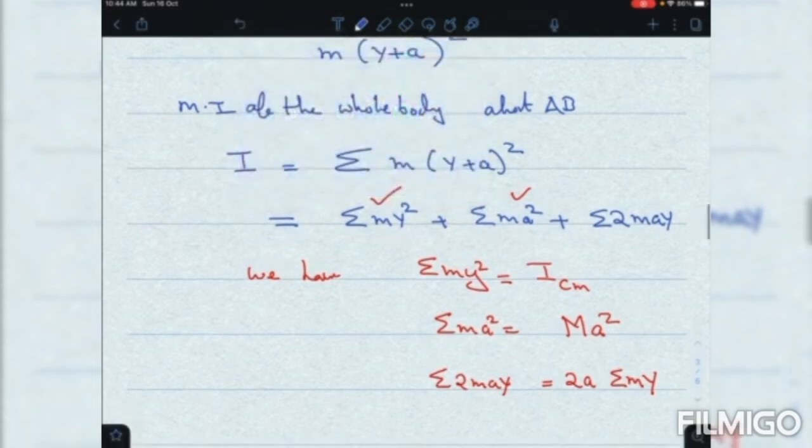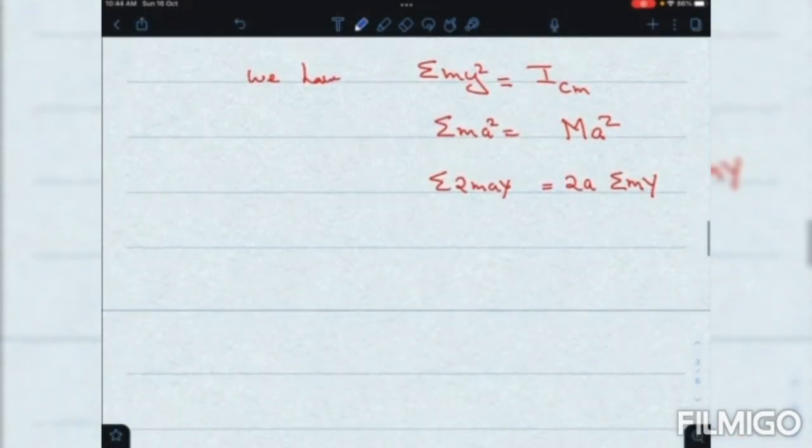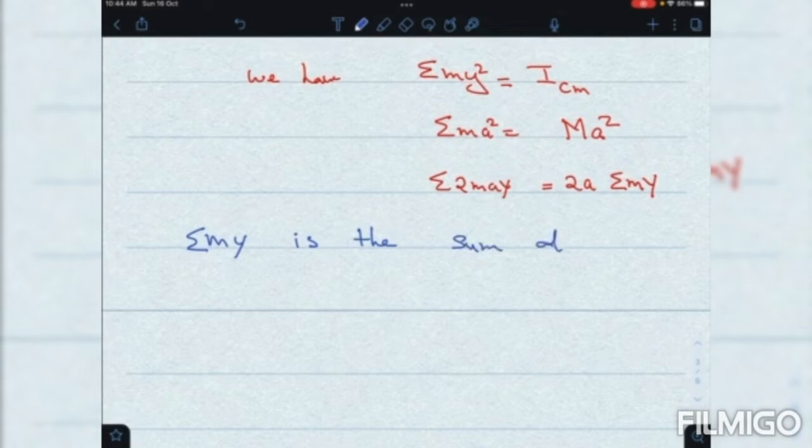So m into y is the moment of a mass point. So sigma m y is the sum of the moments of all mass points,